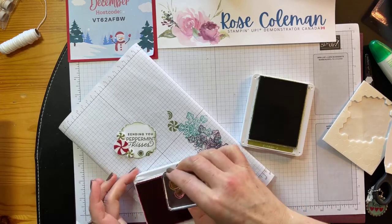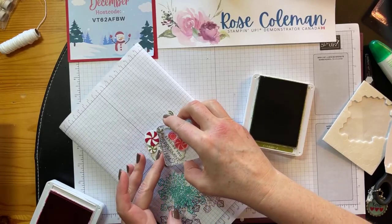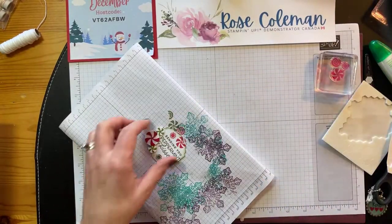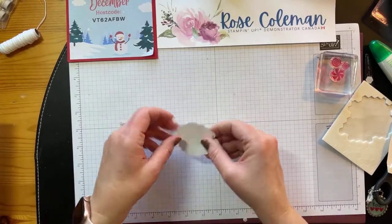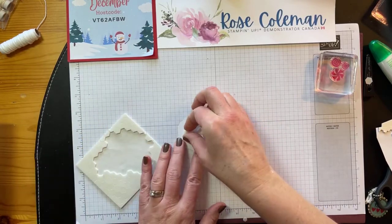Here we go. So I'm just going to turn my stamp, and we'll add some to the top of this tag. And all the peppermint. Peppermint is my favorite flavor. I love peppermint. I love peppermint chocolate. I love just mint candies. I love everything mint. Okay, I'm going to add a couple more dimensionals to the back of this tag,